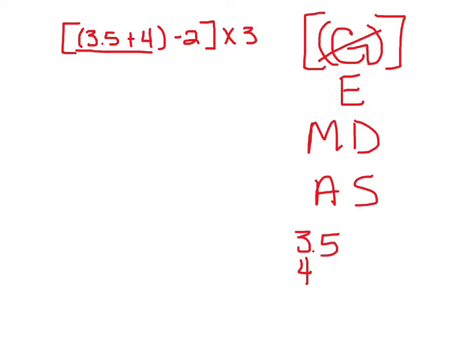4 is a whole number. Decimal is understood to be at the end, and add a 0. So 5 plus 0 is 5. Decimal lined up. 4 plus 3 is 7. So my answer is 7 and 5/10